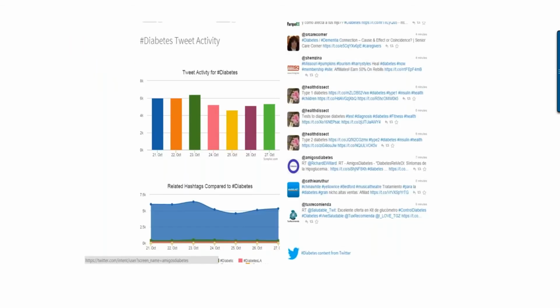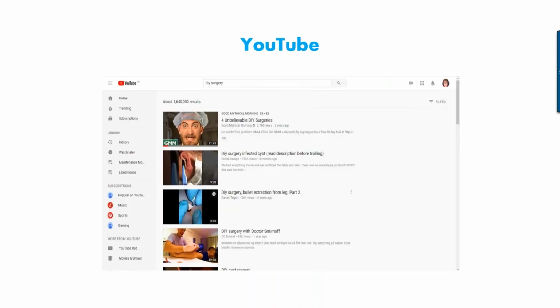And that's an example of hashtag diabetes, if you see at the top there. And there's also some really interesting information that's brought together on this platform, the Healthcare Hashtags platform. You can see who's talking, and you can see on the right-hand side who's talking and using the hashtag diabetes. There's a tweet activity graph there that you can look at. You can compare it to other related hashtags. So it's a really interesting source of information for people who want to know about how patients and healthcare providers are talking about particular conditions or health-related issues on Twitter.